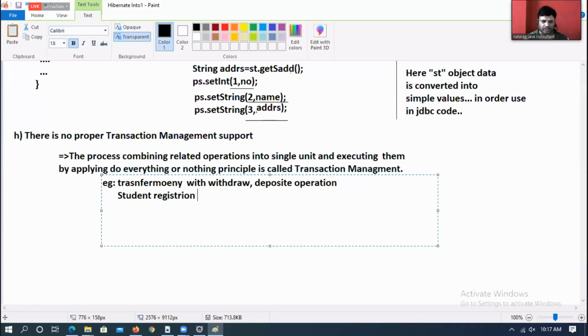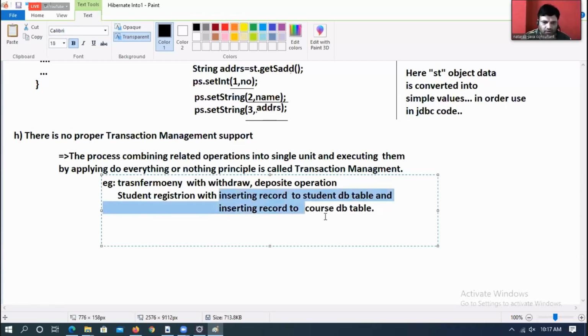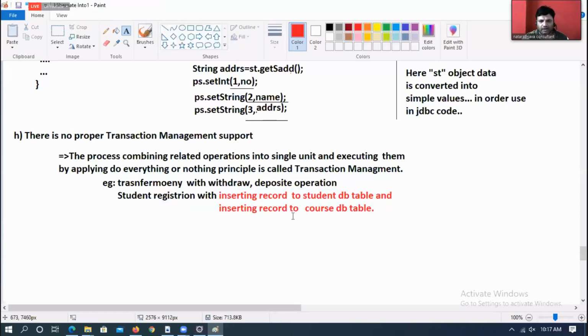Student registration with inserting record to student DB table and inserting record to course DB table. All these are the examples.